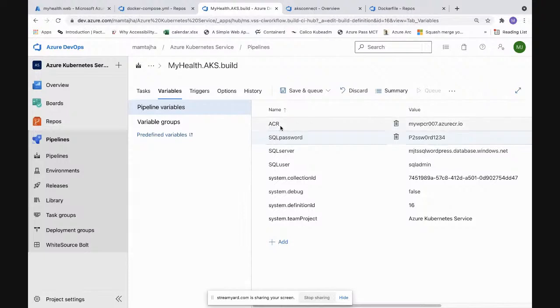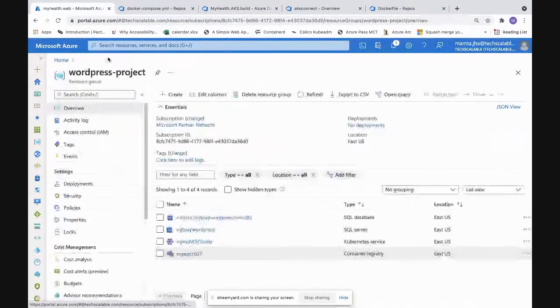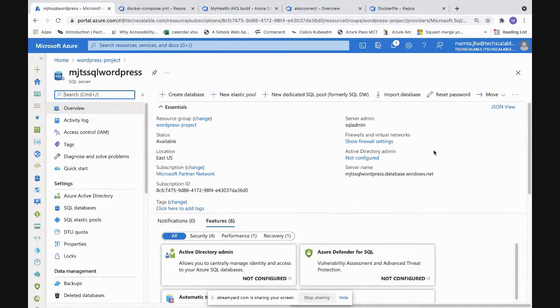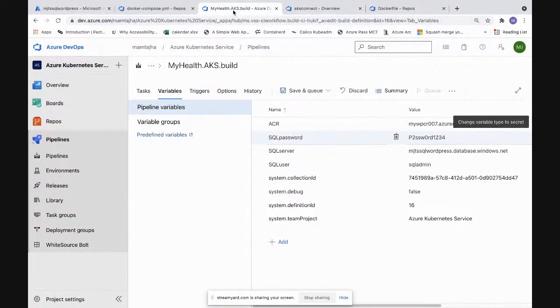So I have my Azure Container Registry name, the entire DNS name I'm picking up. This is my SQL password. This is my SQL server. The SQL server's DNS name I've picked up. So this is my SQL server. You can go and find the DNS name over here, the server name that is being picked up. The complete name is needed. The SQL user, which is there. And there are a few standard system variables. If you want, you can give them there, like anywhere the variable like system team project is used, then I've given the name of the project.